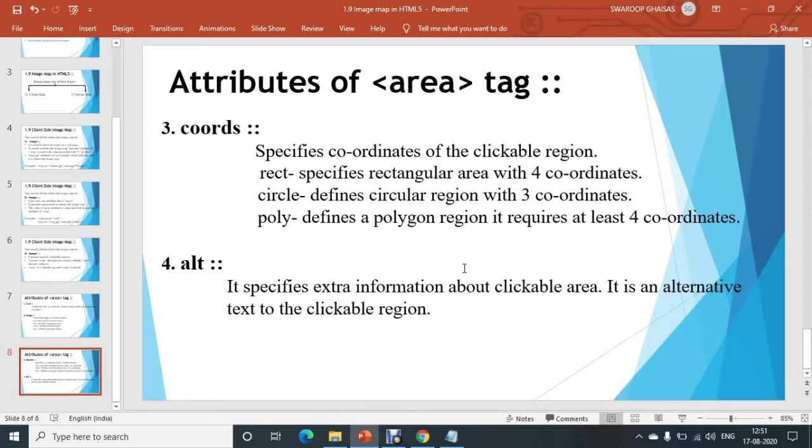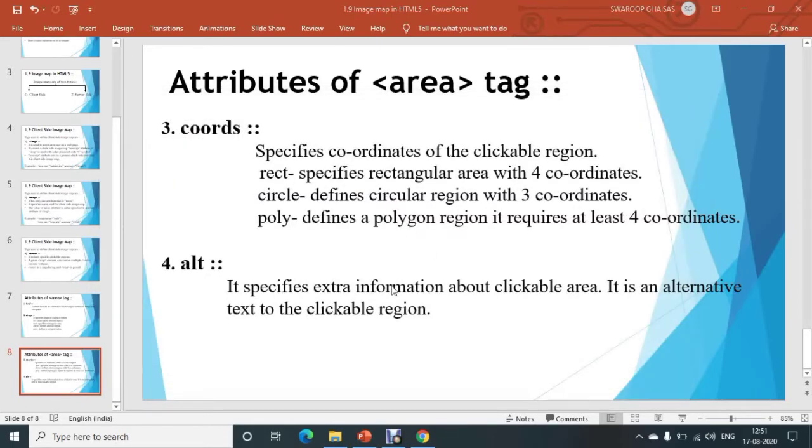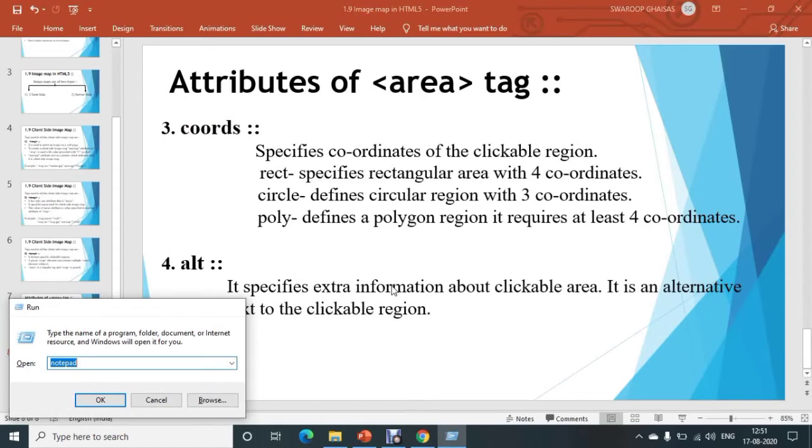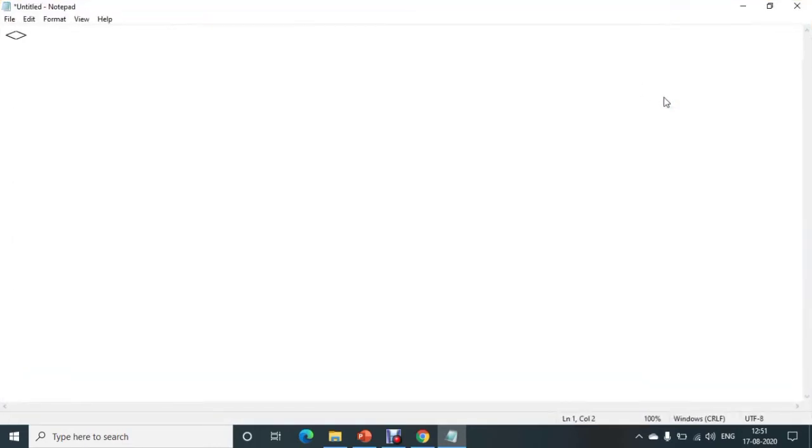So let us write a program. First open a notepad and start writing the code. First one is the doctype. Document type is HTML.